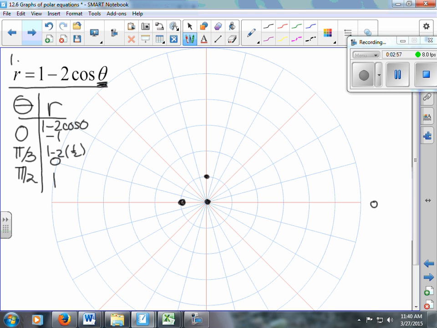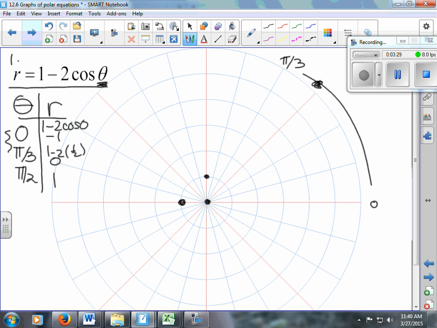Between 0 and pi thirds, pi thirds would have been here. Wait a minute, that's pi halves. Pi thirds would be here. Between 0 and pi thirds, at all of these angles, the cosine of those angles was positive, and so what happens is that when I took 1 minus 2 cosine, I got these really